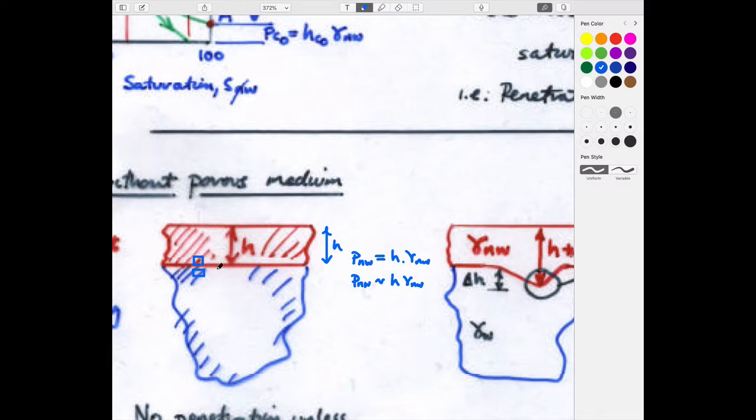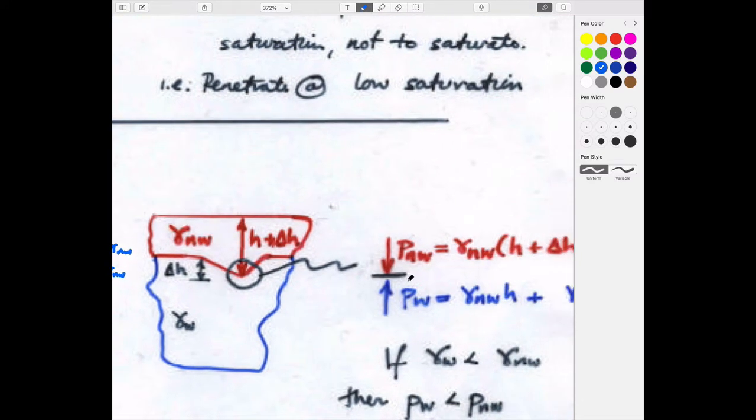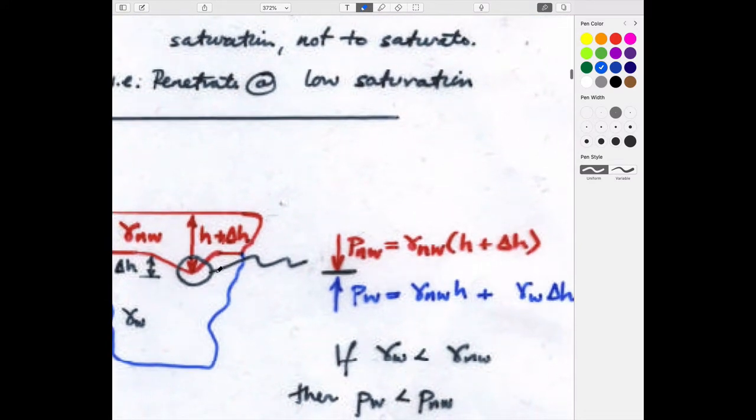If you take this boundary and you drag it down, you perturb it by some amount, and you do the same calculation, then you get something a little different. One is that the non-wetting fluid pressure now will be the height plus some small delta H multiplied by the unit weight of the fluid that it's in. But the other fluid, which exists below here,